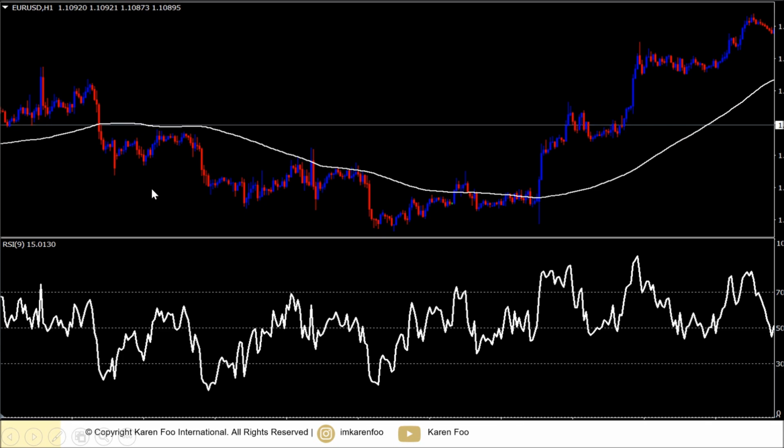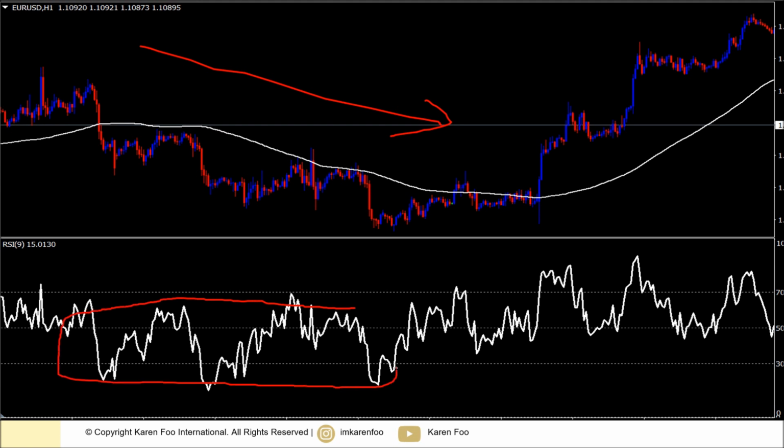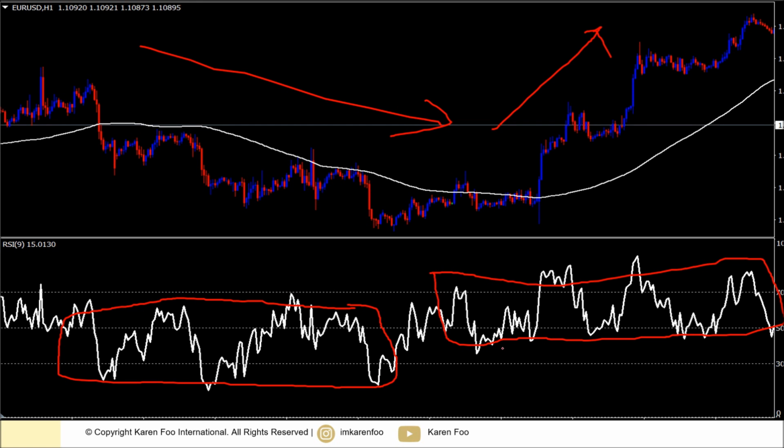Now one thing you realize about RSI is that in a downtrend, you can see a downtrend over here, RSI will tend to hover right at the bottom. It tends to hover below 50 most of the time. Whereas when price goes in an uptrend, it tends to hover in the top portion. Do you realize that? It tends to hover above 50. So you can more or less say that when